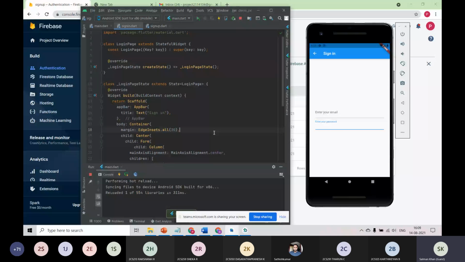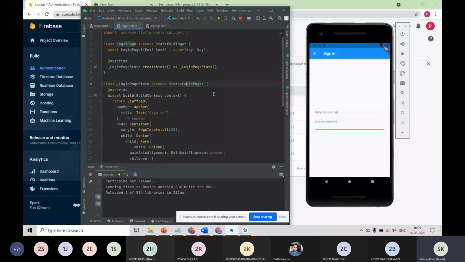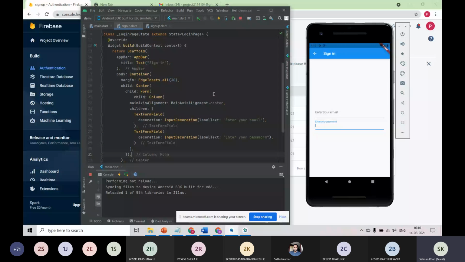And as you see, let me go through it first. What I'm doing is this is the app bar, which we saw before, and this is the body of this application. And I use the container to make the alignments. For example, I just gave edge insets dot all 30. It means from all the sides it will take 30 as a distance. It is in the center because we have given the main axis alignment.